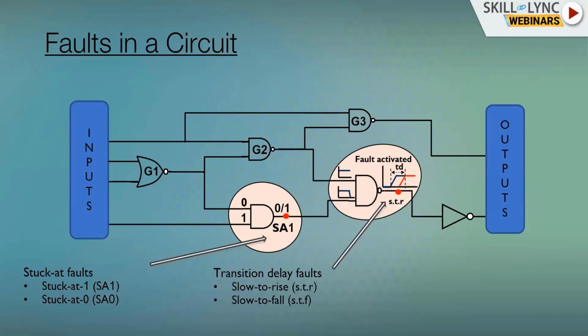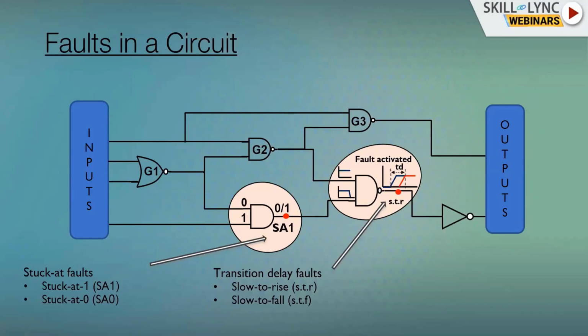In this, what happens is, this is a NAND gate. We are giving an input of high and another high at the input of the NAND gate. What we are expecting is slow to rise. The expected output you can see in blue color. But due to some delay or some issues in the NAND gate, there is a delay in the output. You can see the red color marking at the node output. You can see the fault is activated over here and there is a delay in the output. So these are called slow to rise faults.